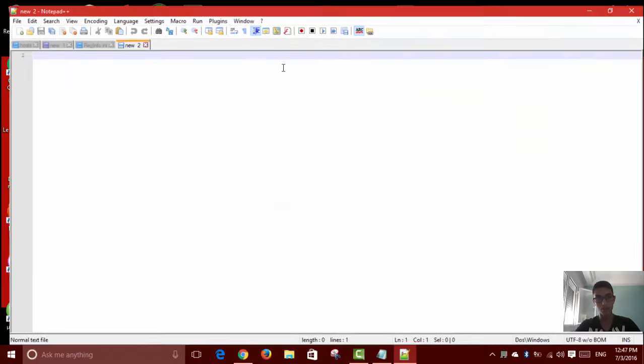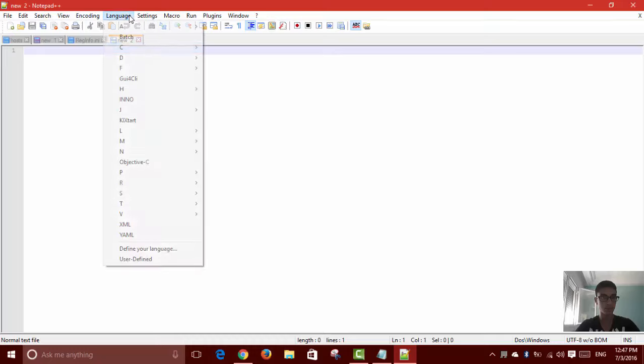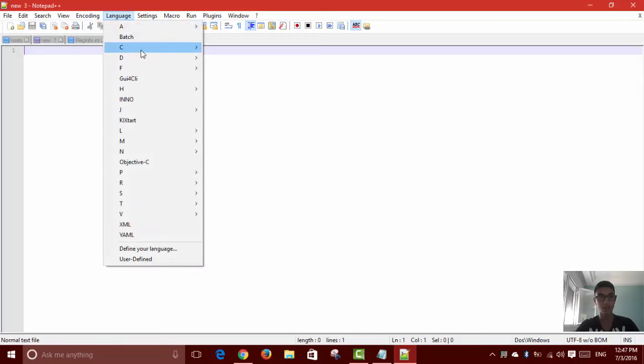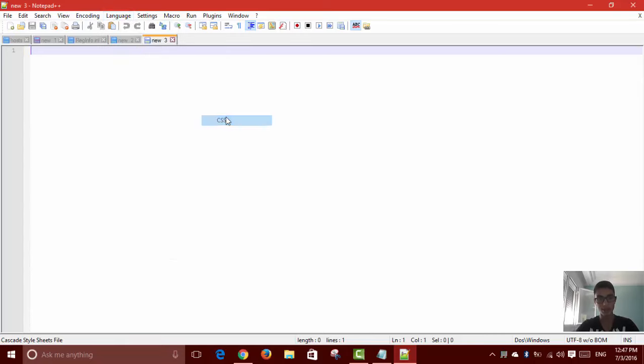You're gonna need to create a new file and go to language, select HTML. Then create another new file, go to language and select CSS. So these two files will be optimized for HTML and CSS. As you see, it will be